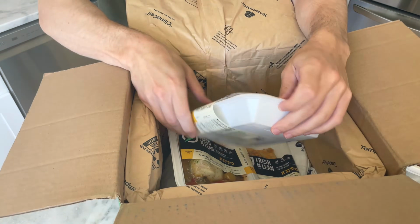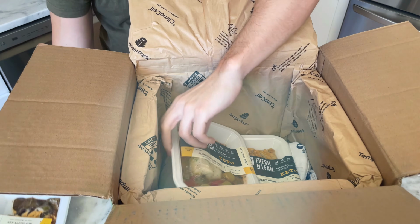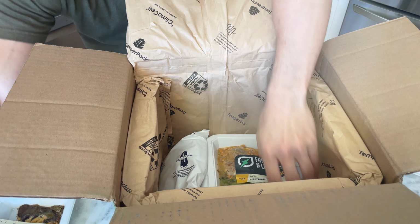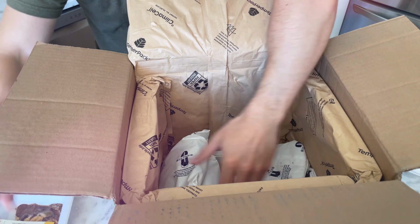So the reason why they put all those is because all of these meals are not frozen. They're actually fresh and they're delivered. So as soon as you get them, you have to refrigerate them. And this is just me unboxing and going through all the different options that they sent me for